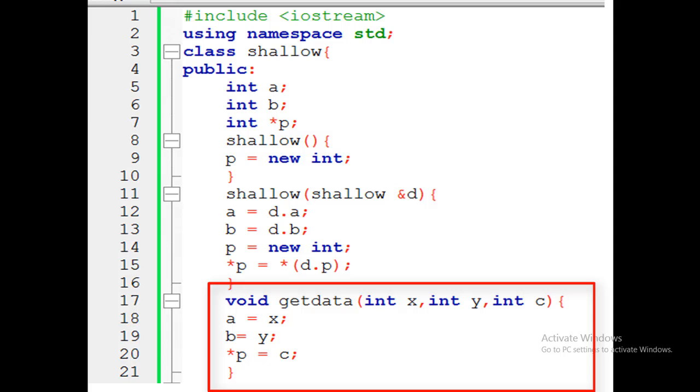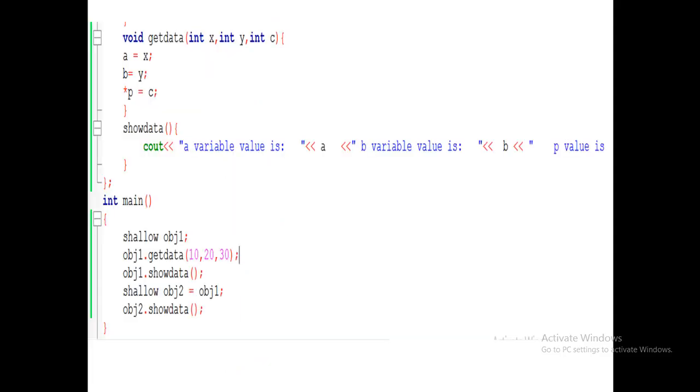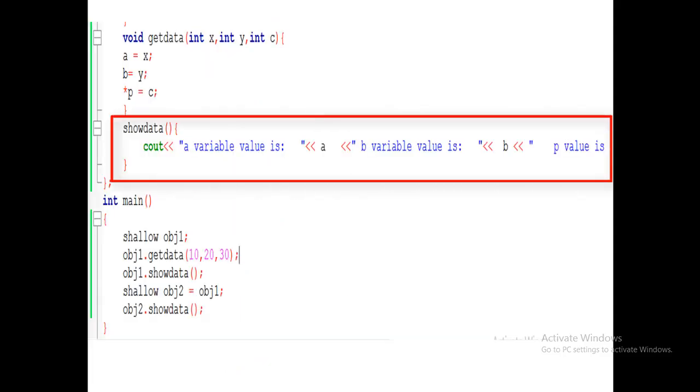Whatever values we pass as arguments to x, y, z will be assigned to a, b and the pointer variable. In the next part, we define another function named show data that will display the values of A, B and the pointer value.